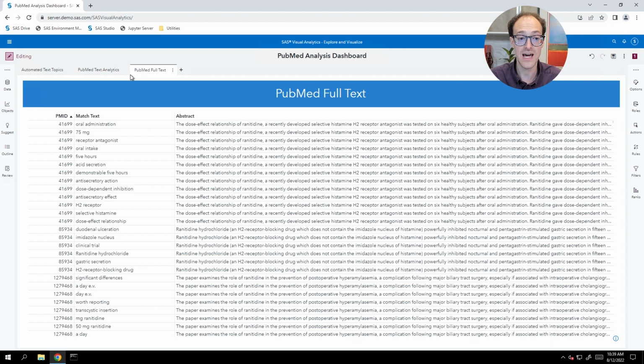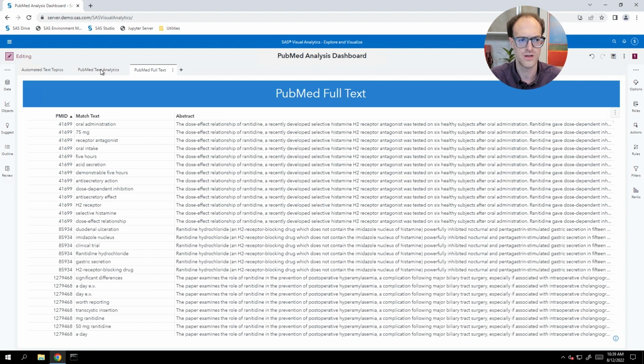And the idea that I would think is you could apply this to other kinds of drugs or diseases that you might look through, or more generally, other kinds of scientific or public literature to look for associations between topics of interest. So let's dive in to see how we actually create our text analytics examples and how we create these outputs.